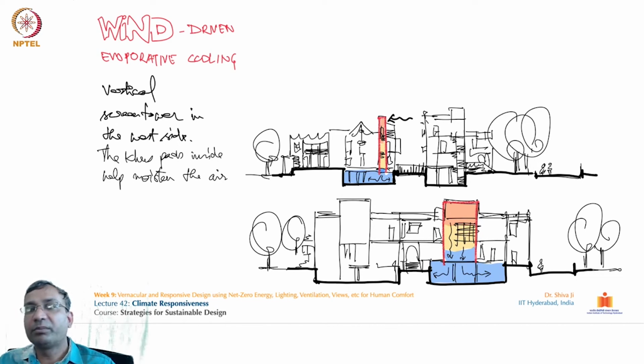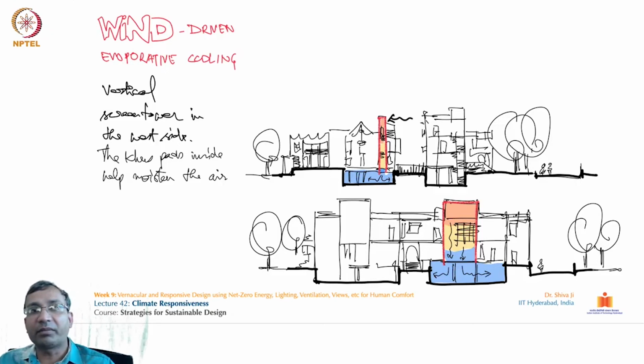So it utilizes the prevailing wind directions in hot dry seasons. These vertical screen towers, these wind tunnels, work as an evaporative unit. Sometimes they use cuss linings also to create a beautiful fragrance of this water, of this air